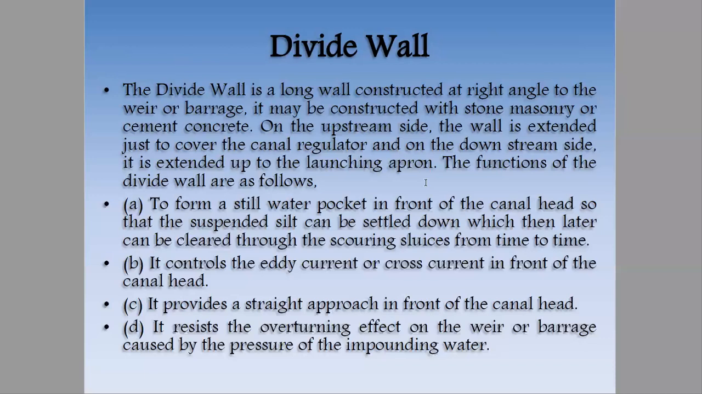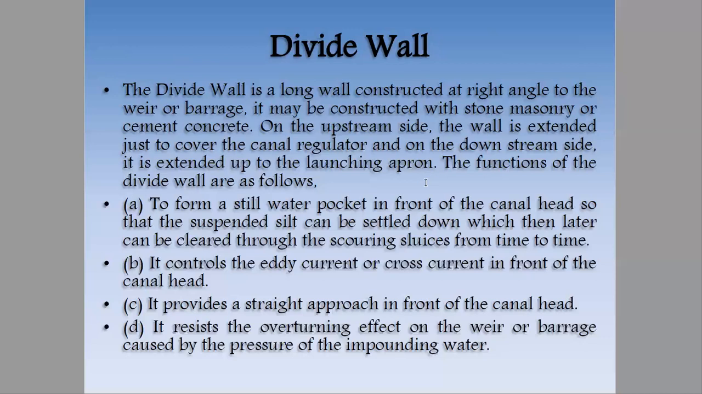It provides a straight approach in front of the canal head, and yes, it provides a straight approach, which means it is easy to divert the canal water. Okay, it resists the overturning effects on the weir or barrage caused by the pressure of impounding water, and also it reduces the overturning effect. And now